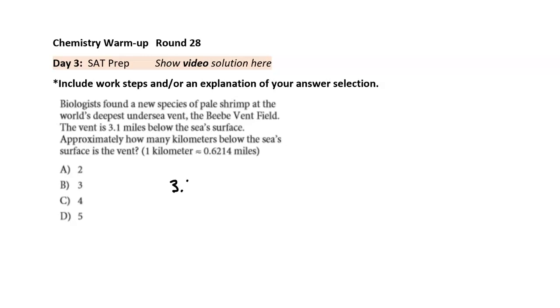Start by writing down the given quantity, including its label, miles. Then multiply by a fraction that changes from miles into kilometers. If we want to change into kilometers, we want that on top, and the unit we're changing from, miles, in the bottom. This fact in the parentheses gives us the numbers we need. 1 kilometer is the same thing as 0.6214 miles. The reason we set it up like this is so that these labels cross out and the label